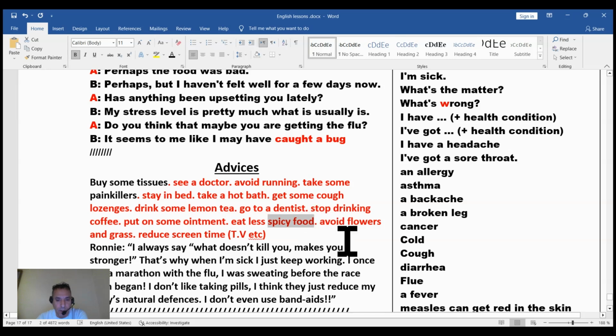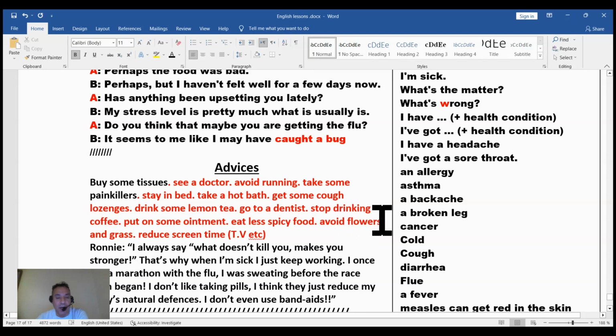Okay, avoid flowers and grass. Grass, it's a green one, green plants. Avoid it, especially if you have asthma, for example, or a cold. Sometimes there is some bacteria, so try to avoid it.